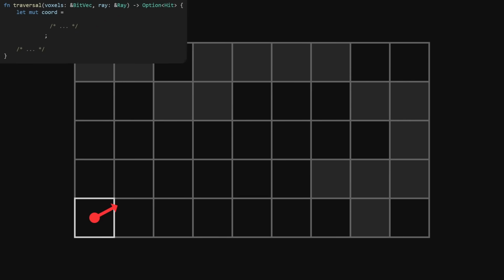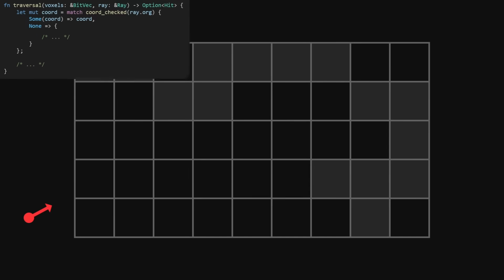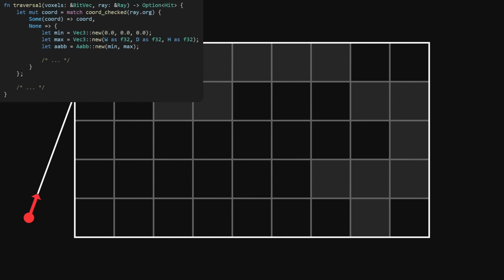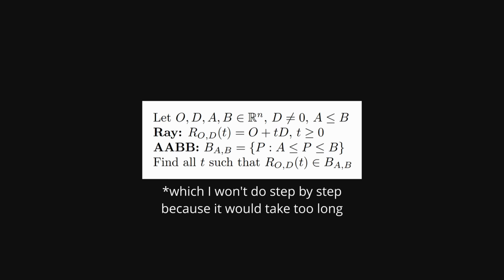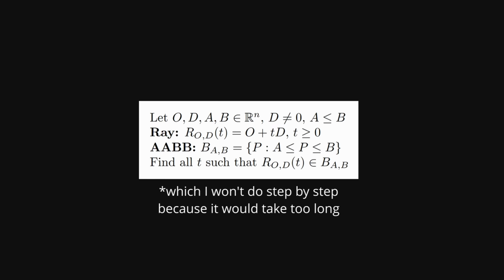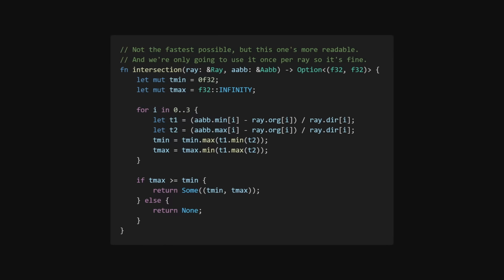If the origin is inside of the grid, we know that the first voxel is just the floor of the ray origin. But if it's outside, we somehow need to calculate where the ray enters the axis-aligned bounding box around the grid. For this, we'll need a ray AABB intersection algorithm. To do this, we will take the mathematical definition of a ray and the mathematical definition of an AABB and solve for the ray parameter t. After working through the math and handling some edge cases, we arrive at this algorithm, known as the slab method